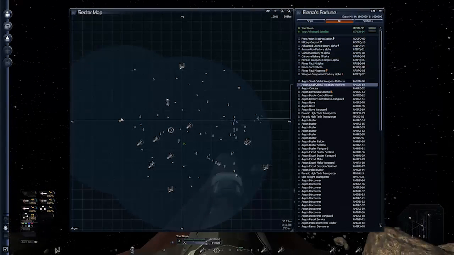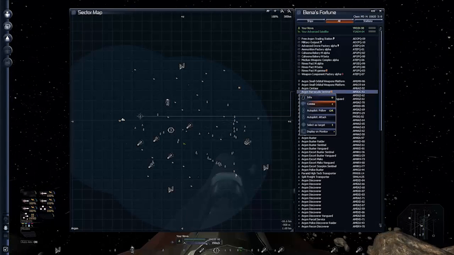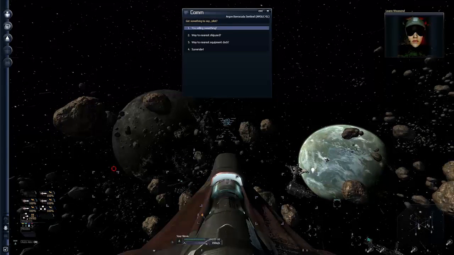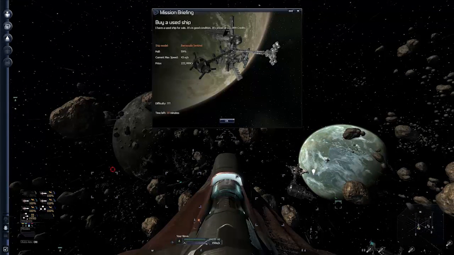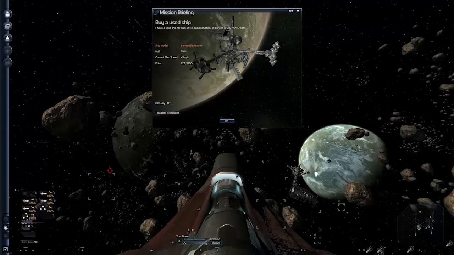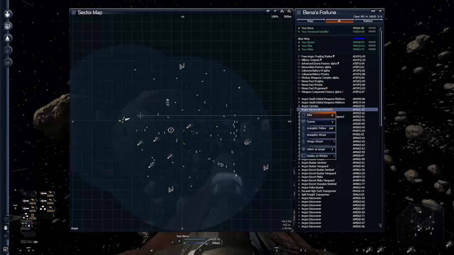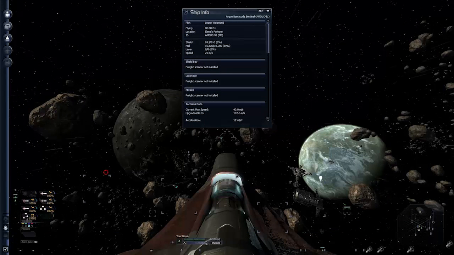This ship down here has the little orange credit sign on it, and if I come with this ship, she'll say, "You selling something?" and I select that option. She's selling a Barracuda, I think it was, for 200,000 credits. If I escape from that and look at the info on this ship,